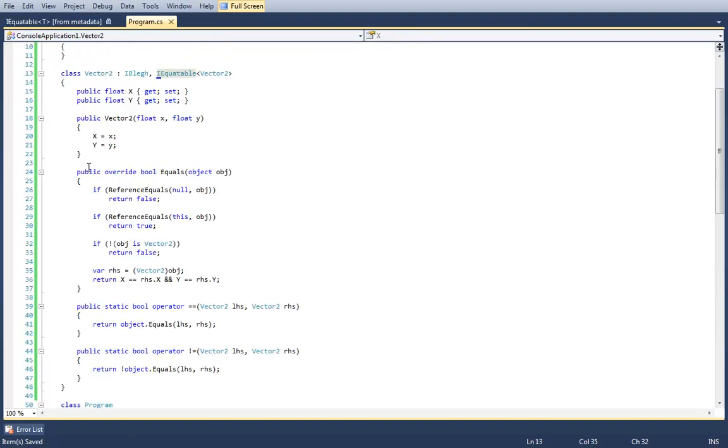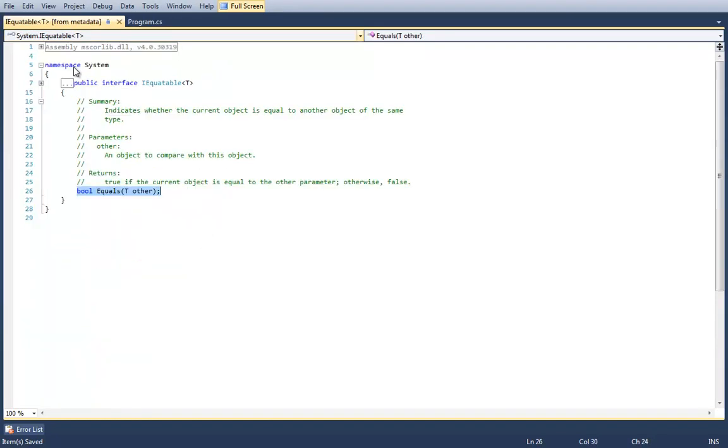You'll notice that this is not a type-safe equals method. We have to make sure that the right-hand side is the same type that we want to compare. This is a type-safe equals method. This interface is used by the container types and many other types in the .NET framework. And the great thing about it is that it's potentially faster in the case of dealing with value types, because it doesn't have boxing.